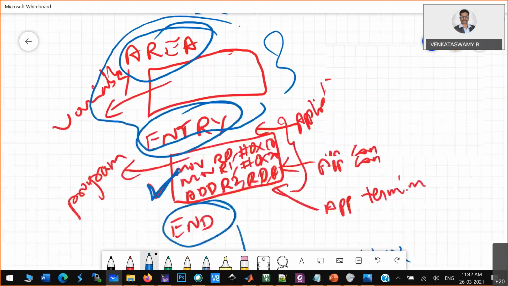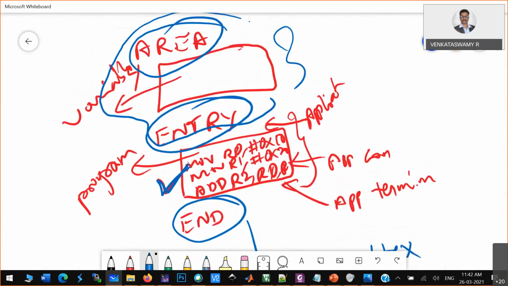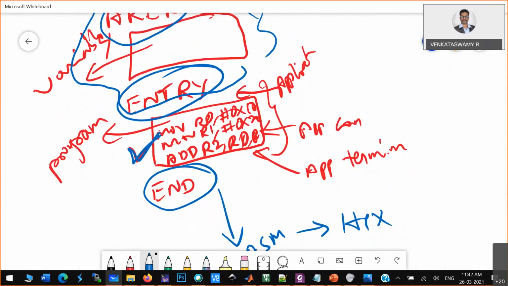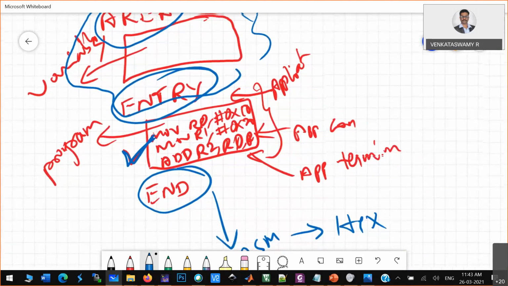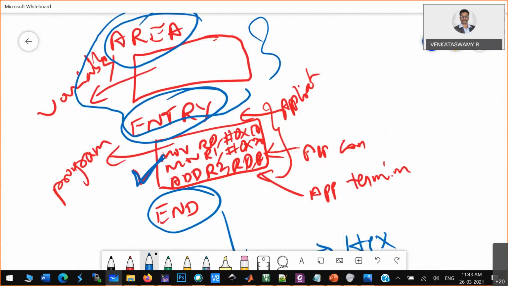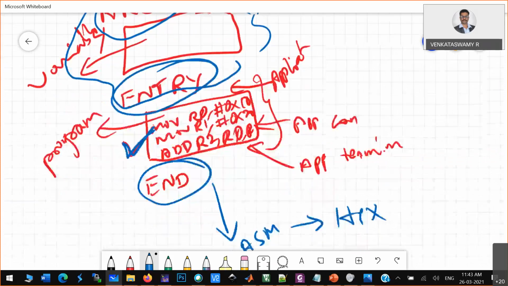But if you write a program following the structure of the Keil compiler, the same program cannot be compiled in some other compiler. You understood now why it won't compile? Because the assembler directives are not defined in that particular compiler. So whenever you work at the assembly level, you have to see what kind of structure that compiler follows, and follow that structure to write an assembly program.